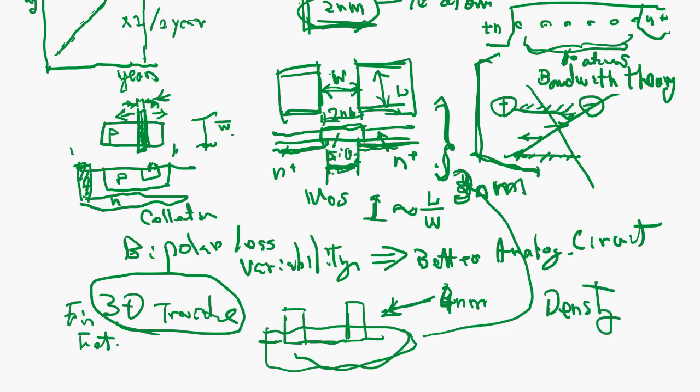And Moore's law is talking about density. So as long as the density is equivalent to 3 nanometer, although you use a 4 nanometer process, you call that a 3 nanometer device. Okay, so this is probably each company uses a different definition of the transistor size, so